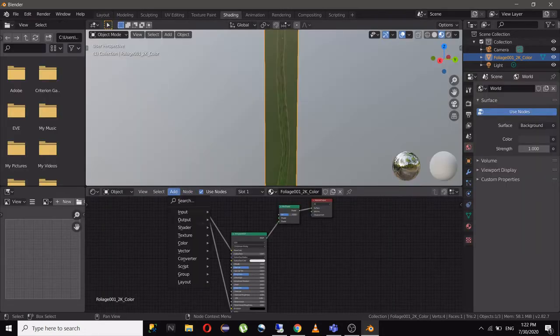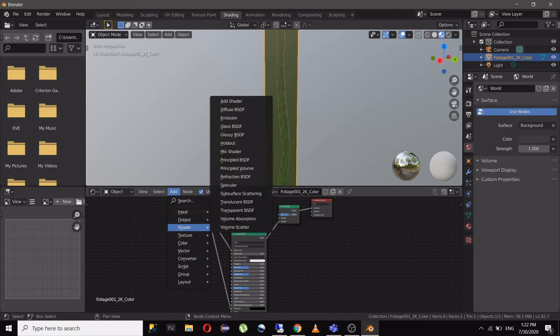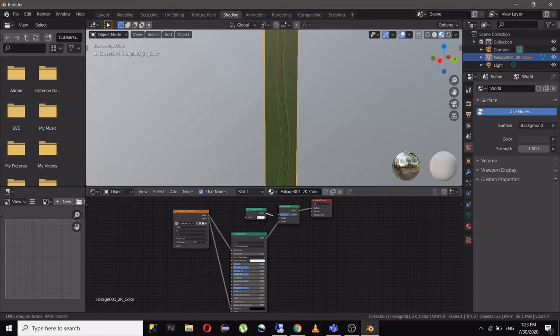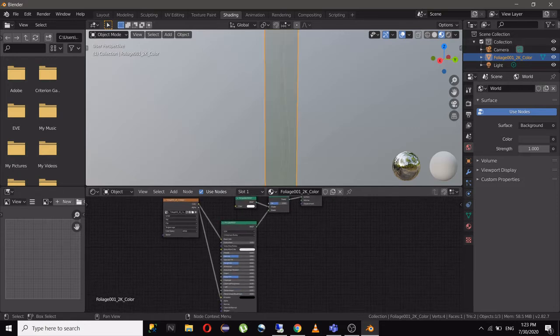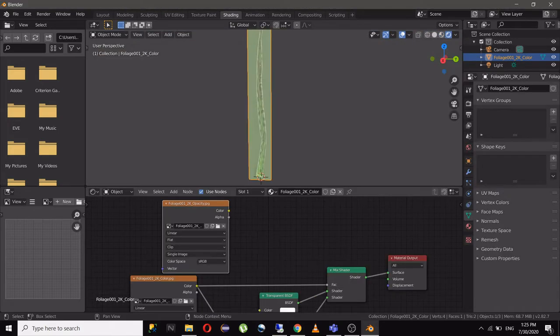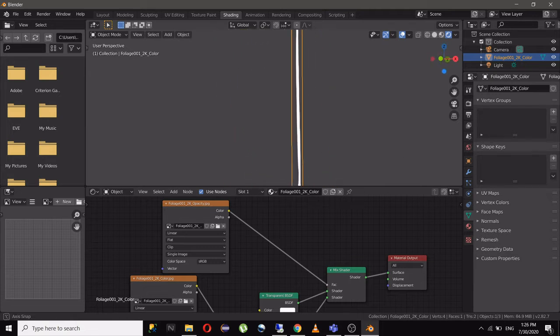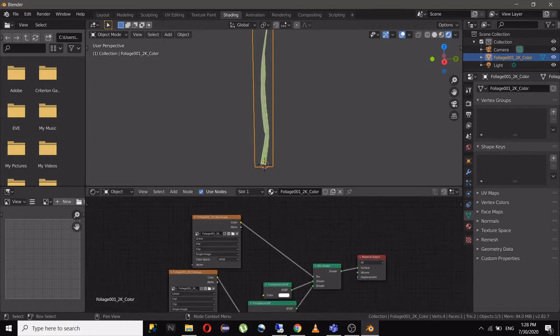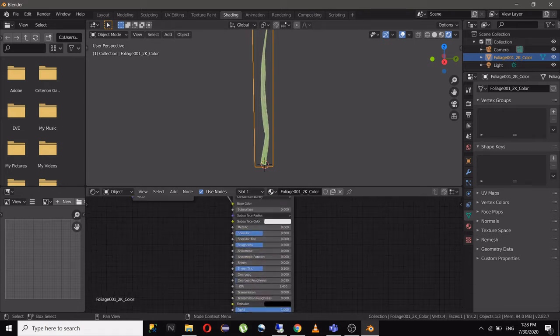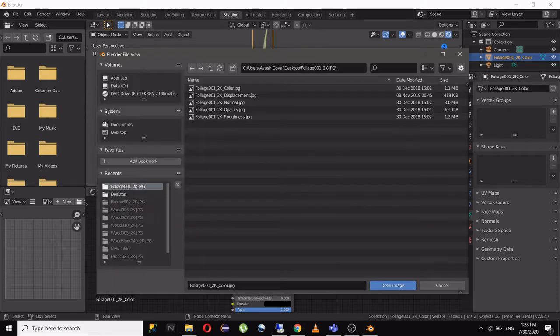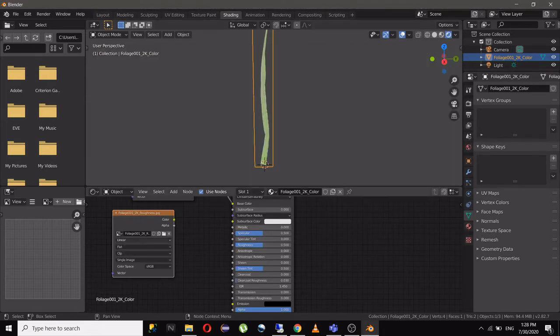We will make it look better by adding a mix shader into the Principled BSDF and a transparent shader so that light can pass through it. And after that we will add the opacity JPEG and put it in the factor. As you can see the background of the grass is gone now, and after that we will just add roughness and normal images.